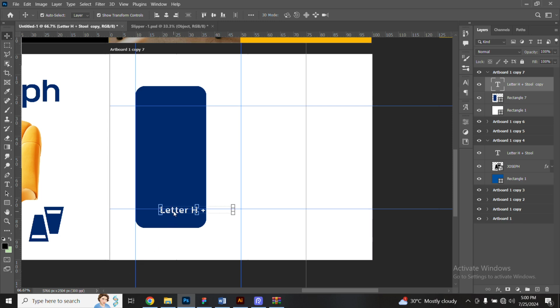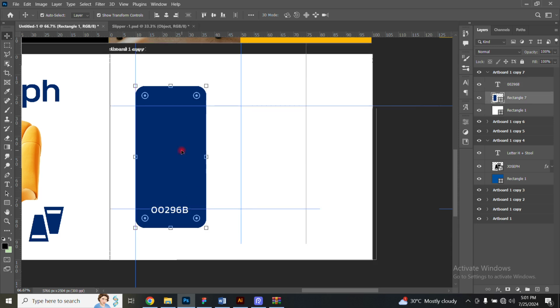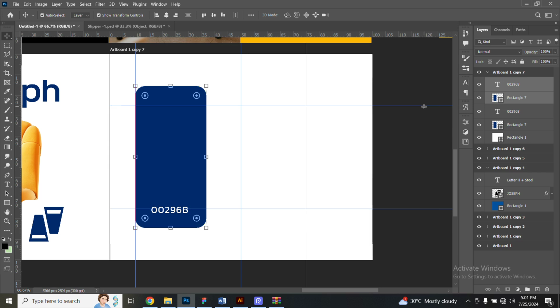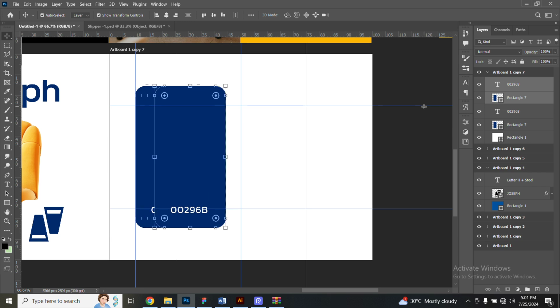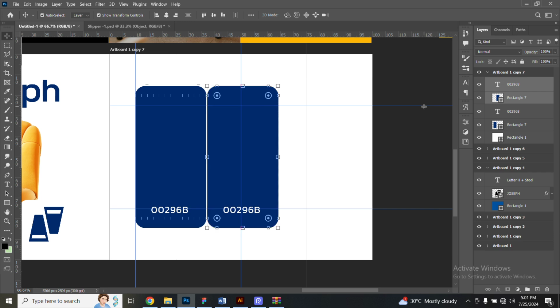Alright, so you want to edit this one and paste your hex code inside, so that the next time they'll be working on any design from the brand, they don't have to see you. Once you've created the brand identity design for them, in fact most of my clients have graphic designers that design for them, but it's different. So once I create the brand identity, they